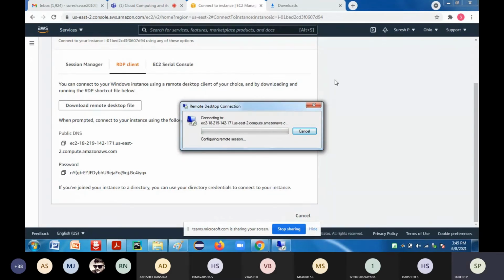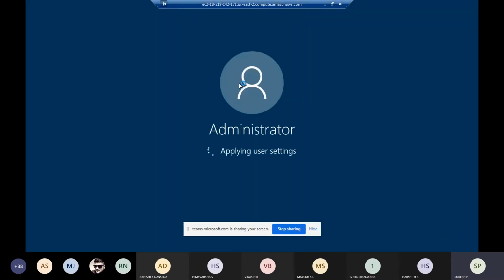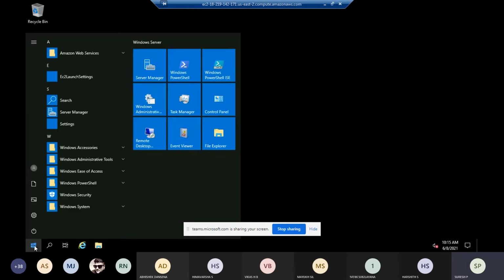Now you can see the instance is being created and your Windows screen is uploaded. So a virtual environment has been created for this. It is setting up the personalized environment for your Windows to work with. So whatever virtual instances you have created, here it is. You can have all the features of Windows, Windows 2019. You can see it here.